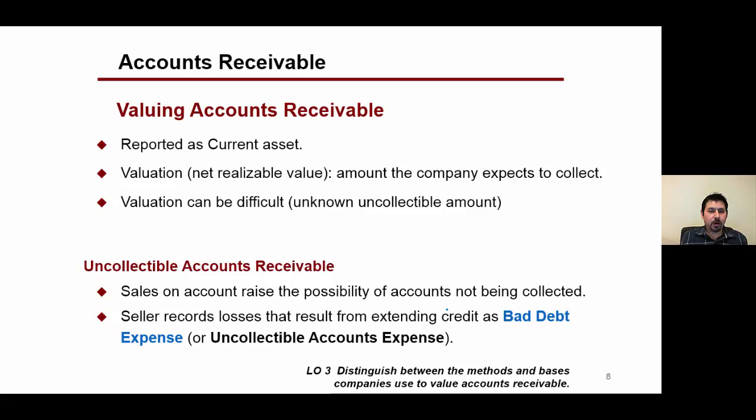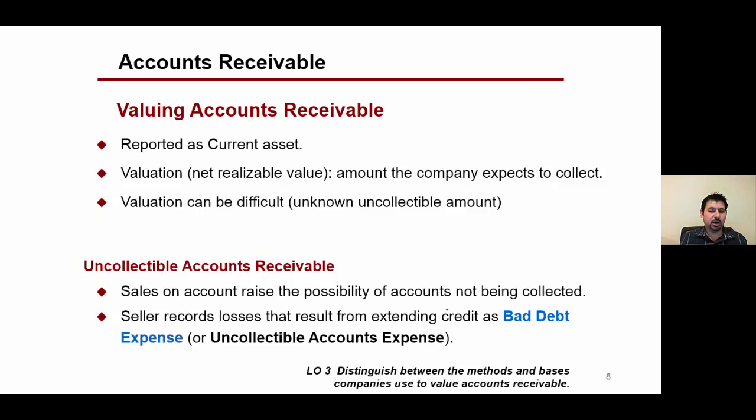Now, the real problem with accounts receivable is not recognizing them. That's easy, as we can see. The main problem is valuing them. And here, the companies will have to report this at the end of the year as a current asset, but there is a certain part of the accounts receivable that will not be collected. For example, certain customers might default. As a result, all companies always expect to have some part of these accounts that will not be collected, and those are usually